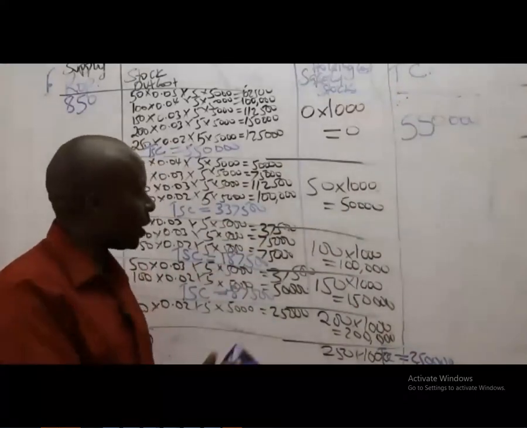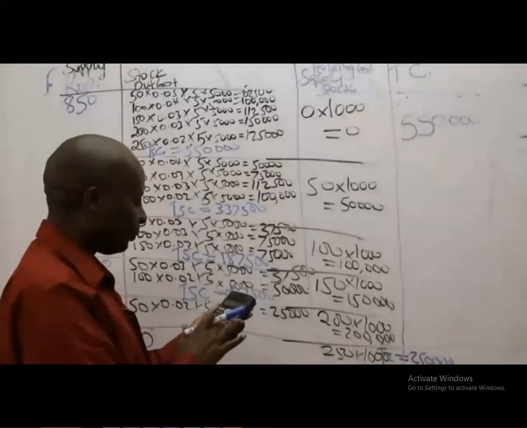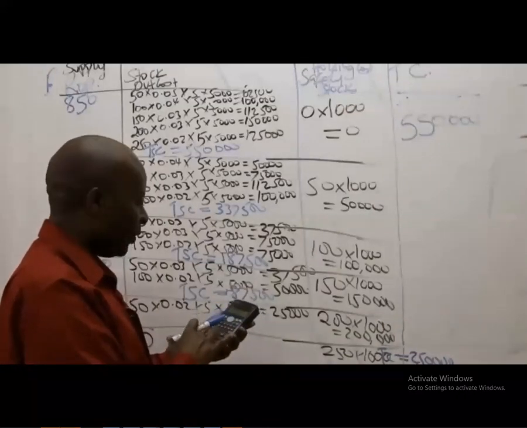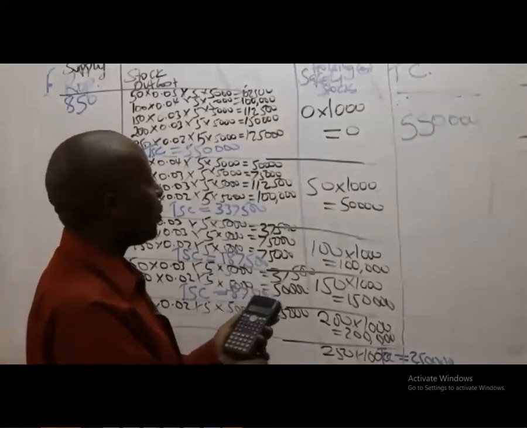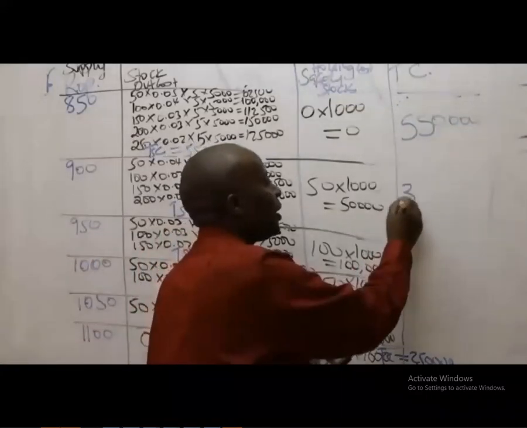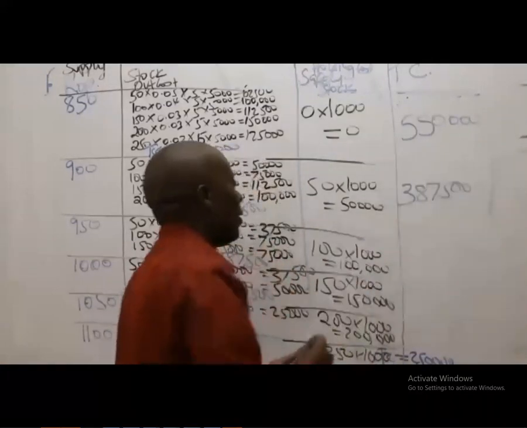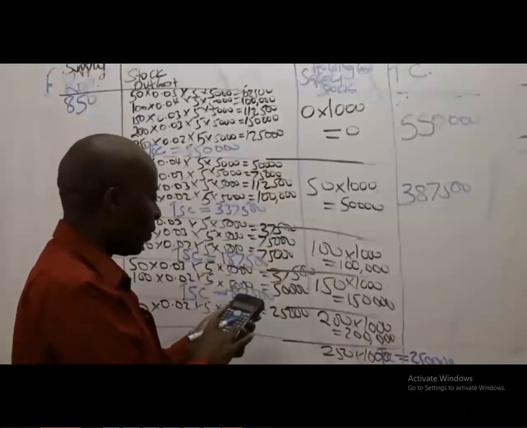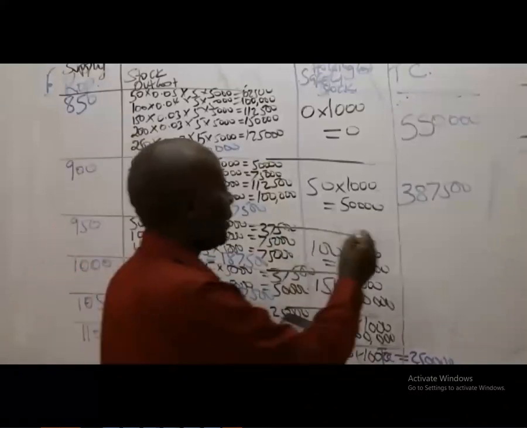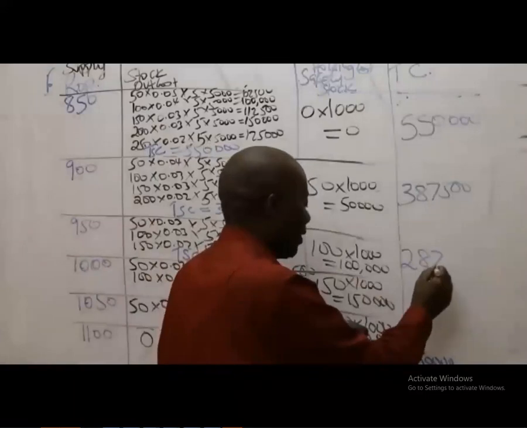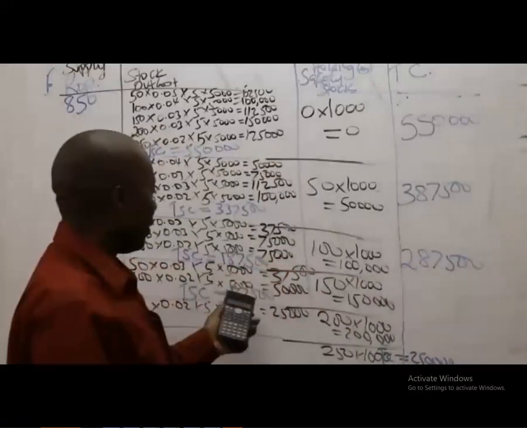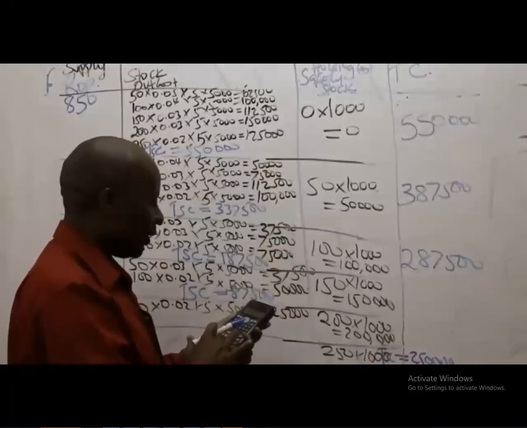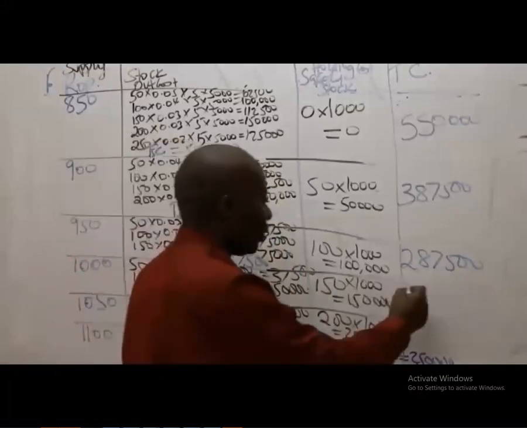So take your calculator. We have 337,500 plus 50,000, which ends up giving us 387,500. So this is 387,500. From there we have 187,500 plus 100,000, giving us 287,500. From there we have 87,500 plus 150,000, my good students, giving us